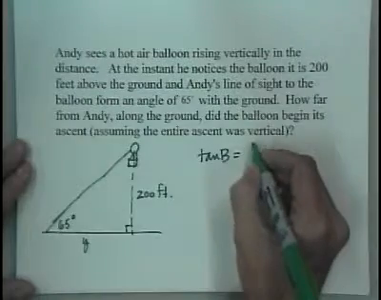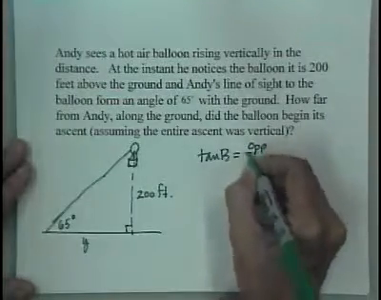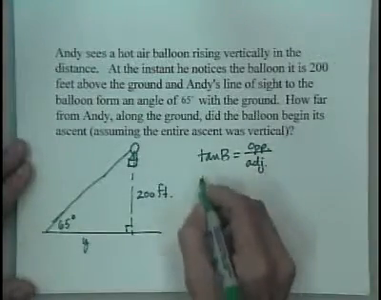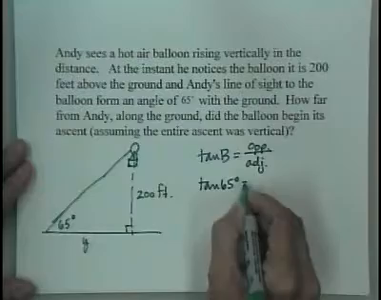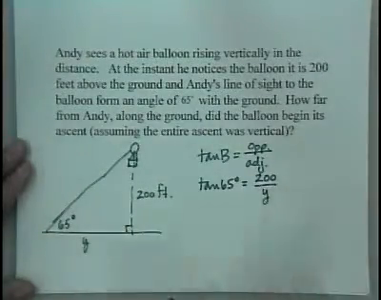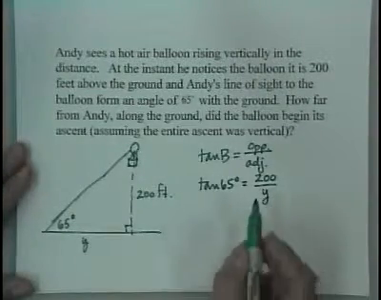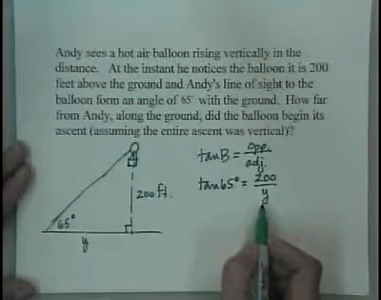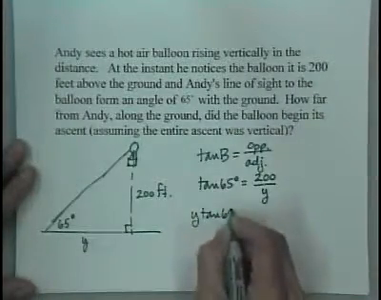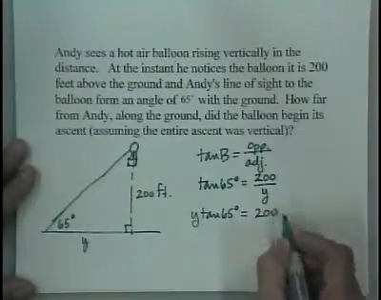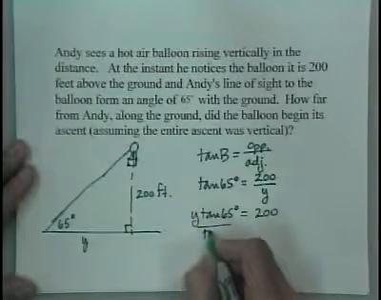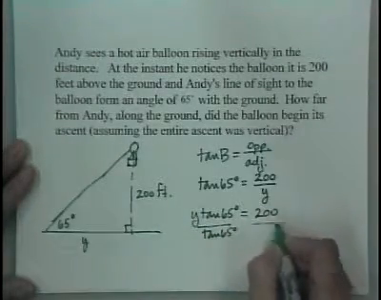Tangent of some angle is the ratio of the side opposite over the side adjacent. In this case, our angle is 65 degrees. The length of the opposite side is 200. The length of the adjacent side is what we want. There's a couple of steps involved in isolating y. We begin by multiplying each side of the equation by y to get y tan 65 equals 200, and then divide by tangent 65 degrees,